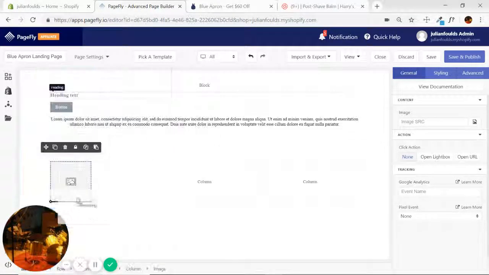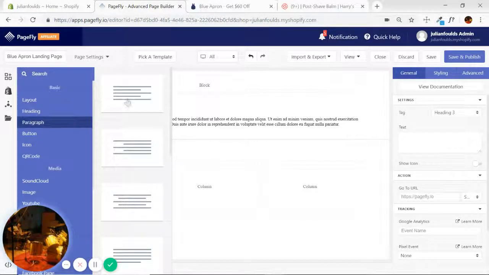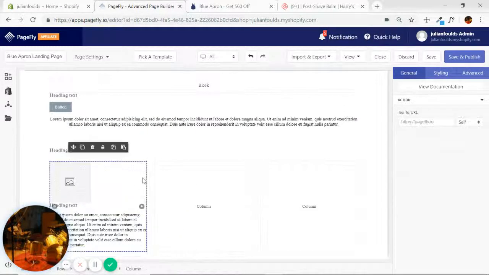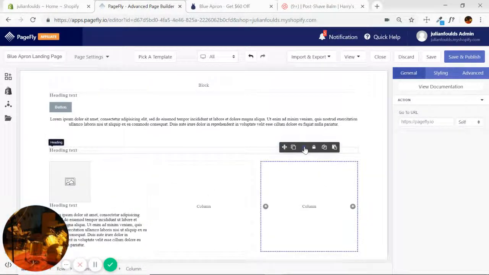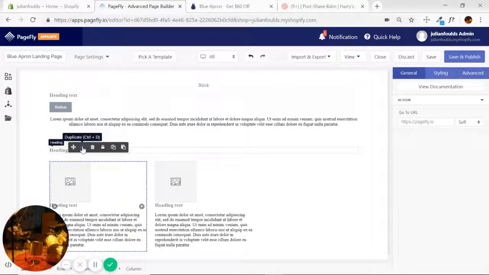The heading, make sure that's in the same column, and then the paragraph. Okay, drag and drop that once again in the same column. So if I select this column, I have all this content in one, right? Now what I'm going to do to be quicker, I'm going to delete these 2 other columns and simply duplicate